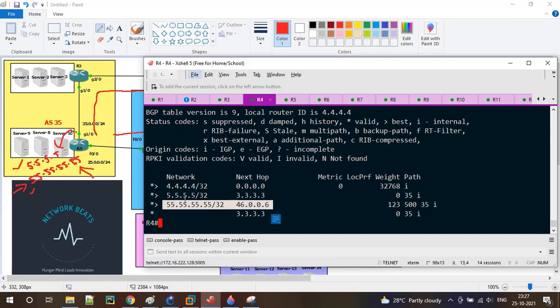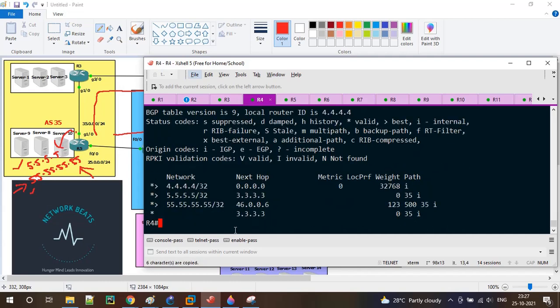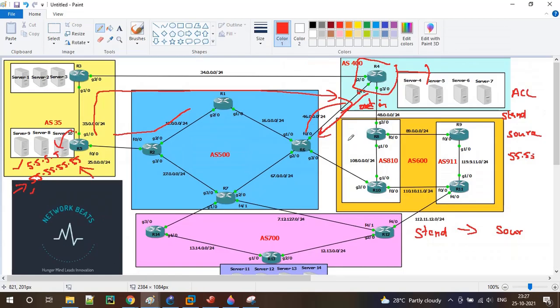Previously the best path for 55.55.55.55 was via R3, now it changed to R6. So what can I do so that I will still receive 5.5.5.5 through R6? My intention is only to change the weight for 55.55.55.55 learned via R6. My intention is not to filter 5.5.5.5.